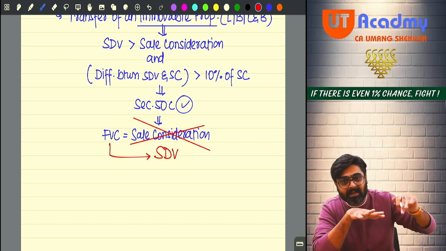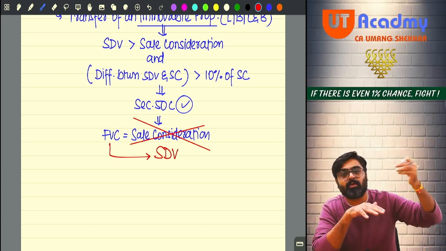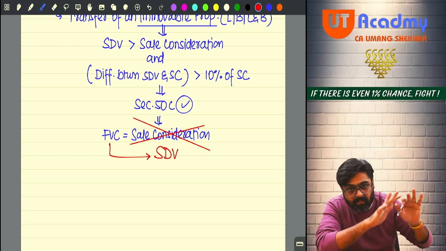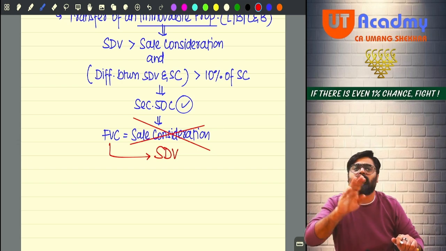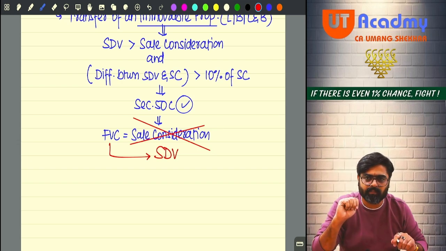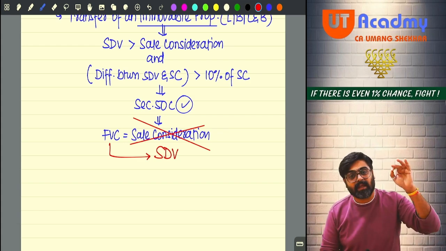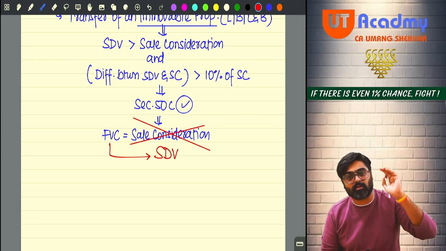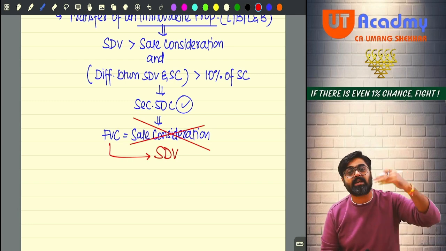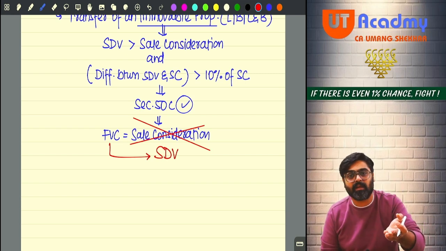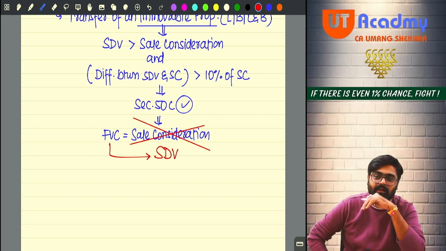Because below that amount you are not accepting stamp duty. According to you, the property can be sold at a minimum value of the stamp duty value, which was 40 lakhs, for example. In our case, it was 40 lakhs. So the stamp duty authority says that if the property is sold, it can be sold for a minimum of 40 lakhs. They are charging stamp duty on 40. Then how are you saying that it is only 30?